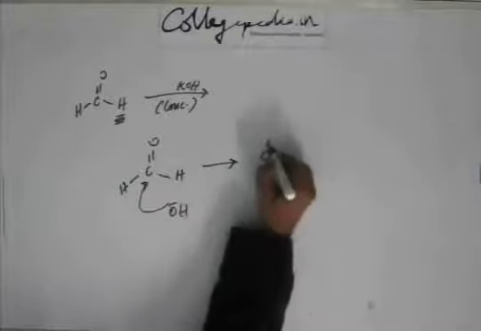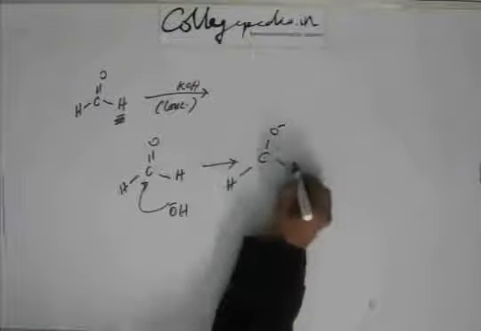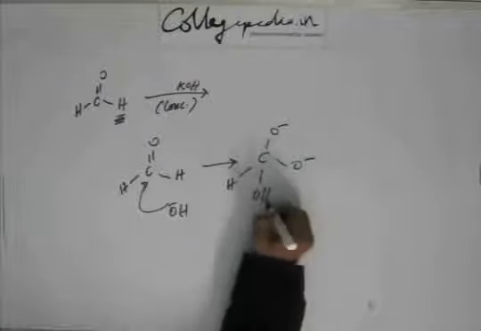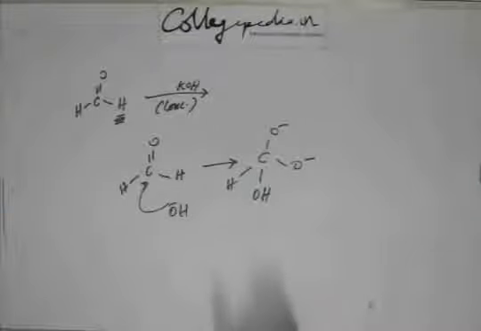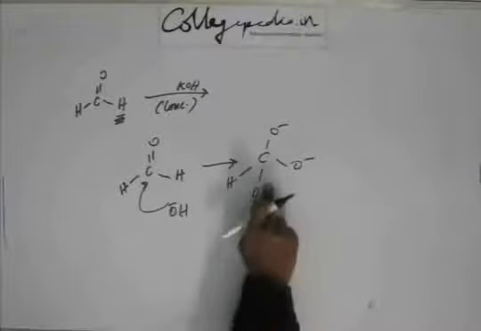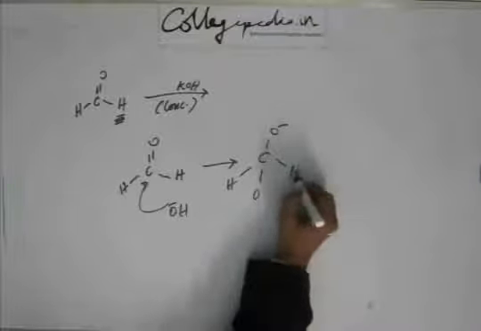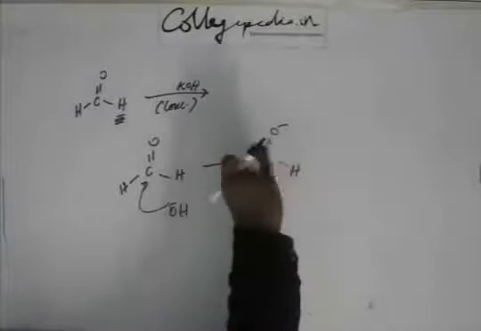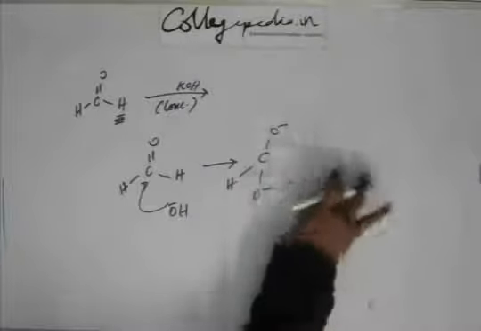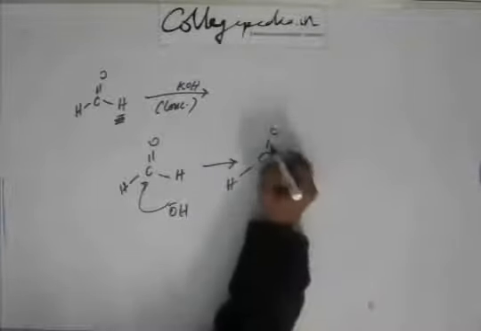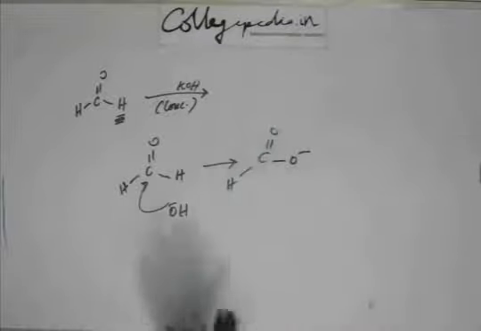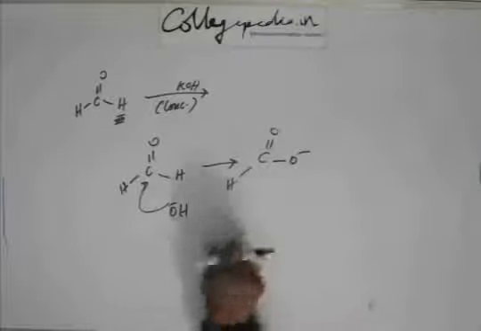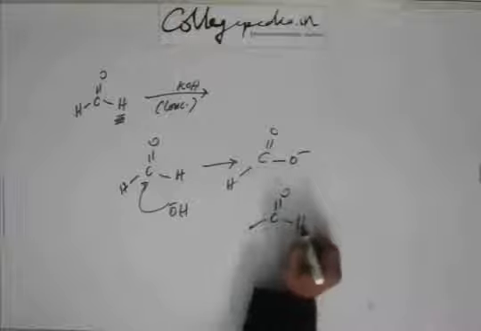When this OH minus attacks, this C double bond O turns into CO minus, and you have OH. There are plenty of hydroxide ions present in the system, and any one of them will abstract hydrogen from here. So you have an unstable tetrahedral intermediate like this, and now they are pushing from both sides on this carbon. So this carbon has to lose this hydride. When it loses the hydride, it forms a double bond with one of the oxygens, and that's how you get a carboxylate ion. So one of the products would be a carboxylate ion, and when that hydride goes and attacks unreacted formaldehyde,